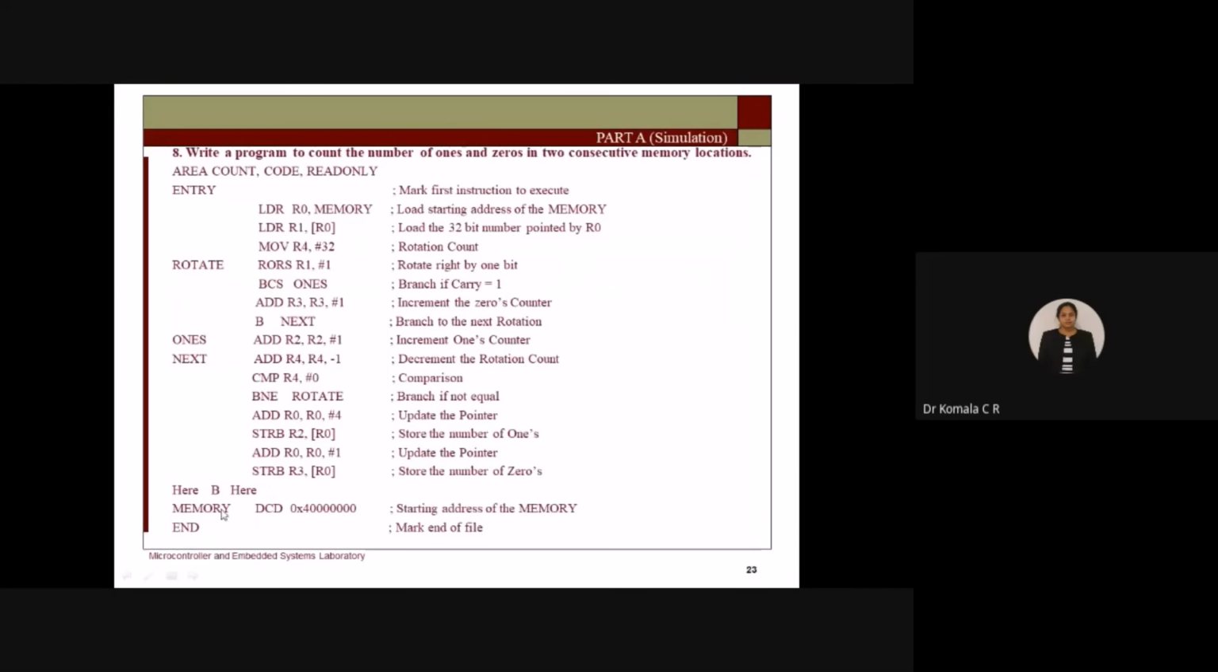So stop at this stage. So here indicates the end of the execution. This I have already explained, the memory starting address which you have declared. Then the end of